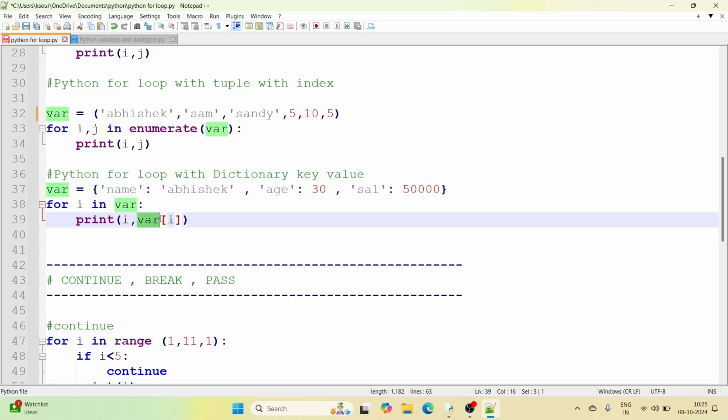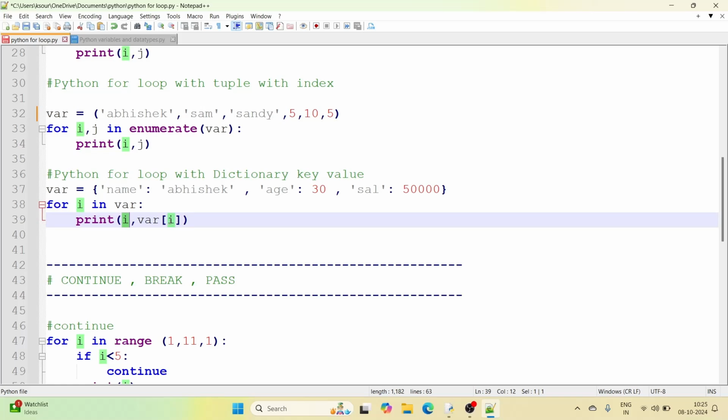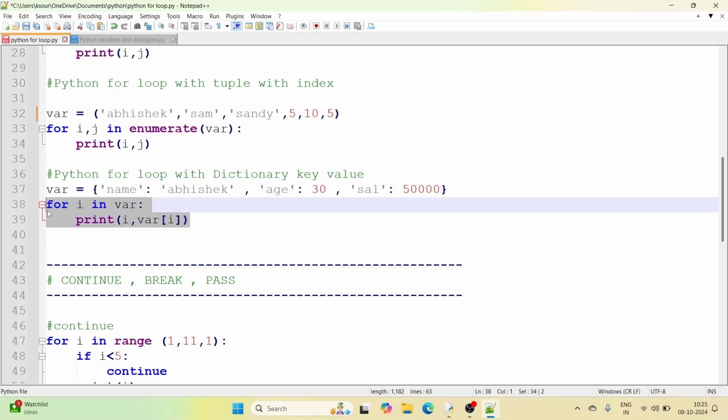And when we pass the variable with the key in square brackets, that is the name, it will print Abhishek. Similarly, you have to provide the respective keys for each value, Abhishek, 30 or 50,000, which are name, age, and sal. So this is the way to iterate in the dictionary.